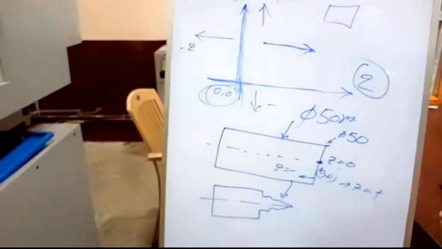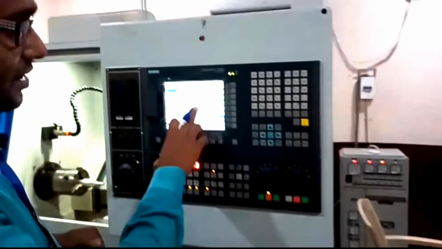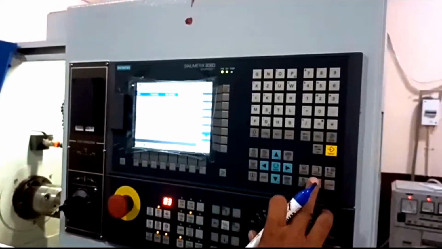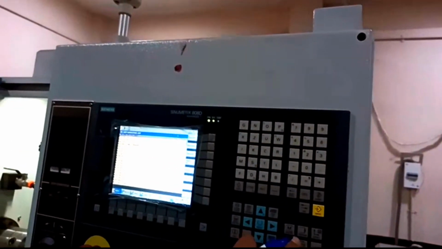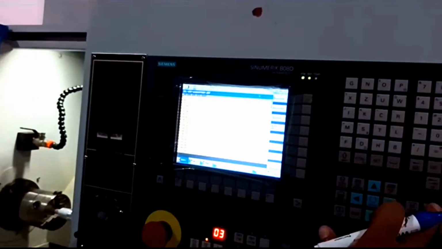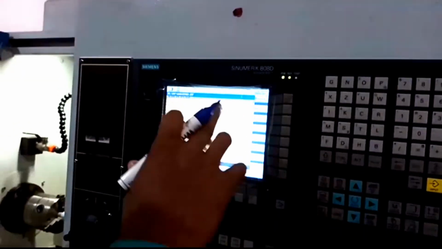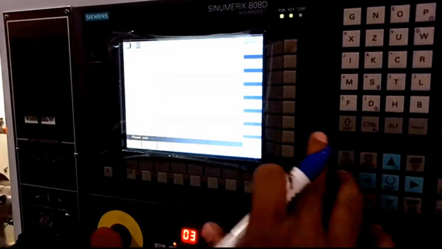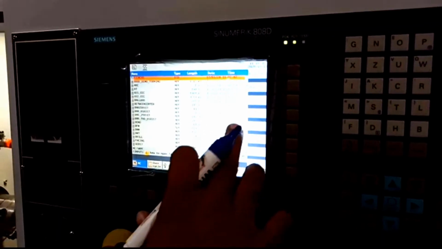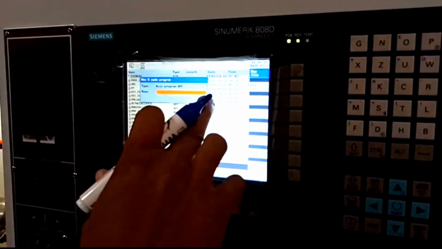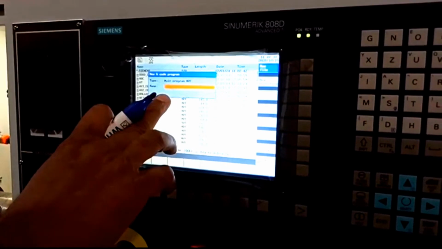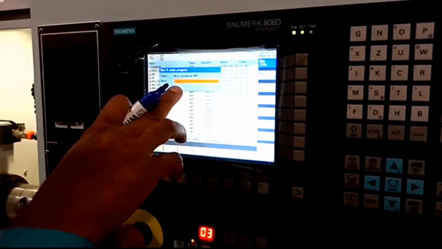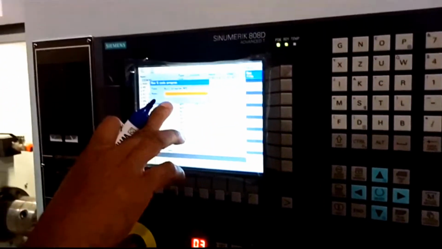Then we can write the program in this machine by this program option, and if we go to the program, we can show this is a program, and here there is an option for new. If we go to new, then we have to rename or give a name to the program.